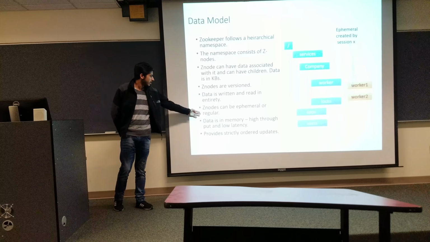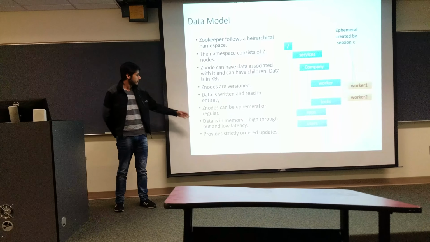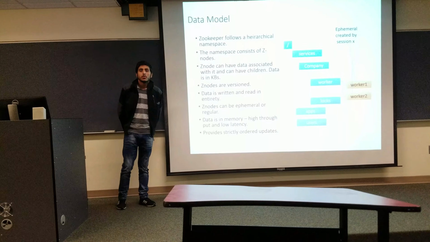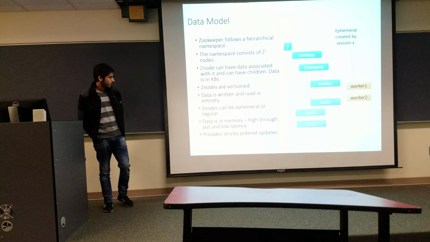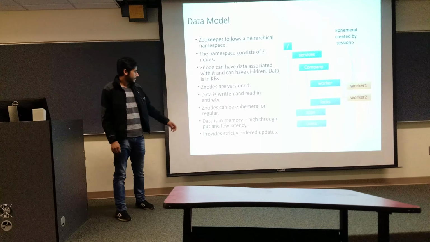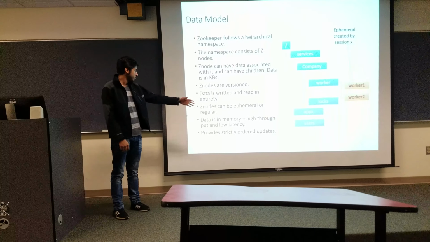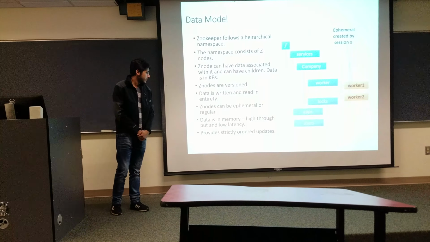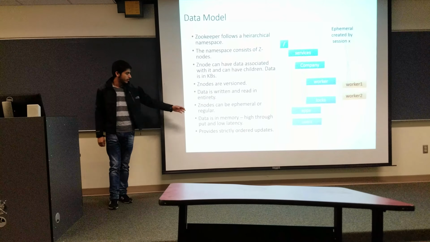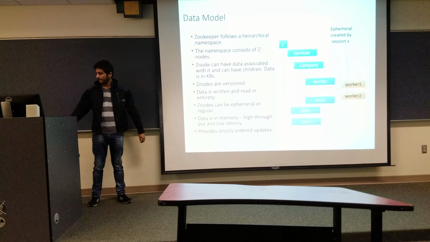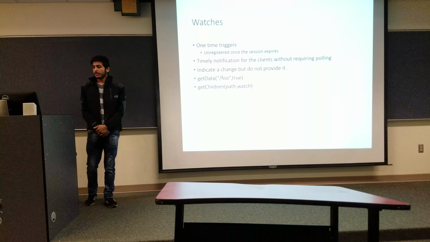Regular Znodes, like ephemeral ones, are created, but they are not destroyed when the process dies. For regular Znodes, we need to use the Zookeeper delete API to delete them. And since the data is in memory, operations in Zookeeper are pretty fast, with high throughput and low latency. The hierarchical namespace, this tree-like model, helps to provide strictly ordered updates. Now watches. Zookeeper uses watches